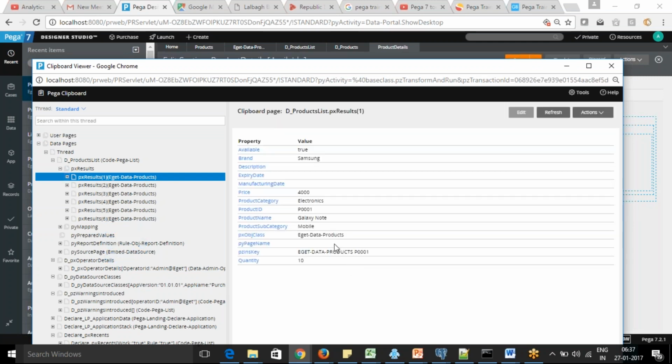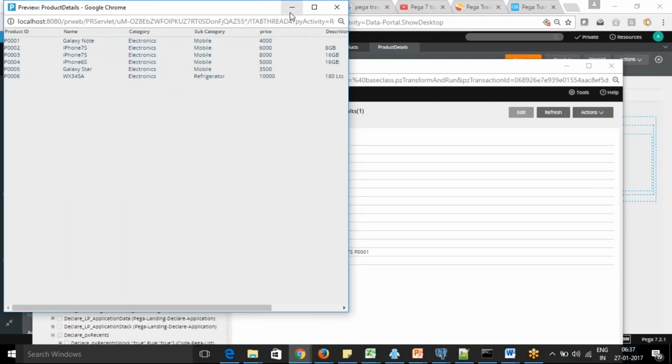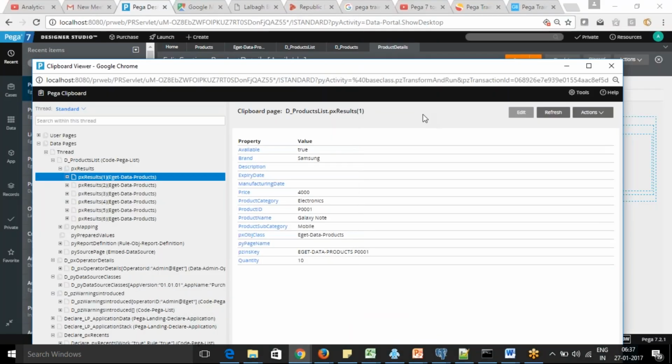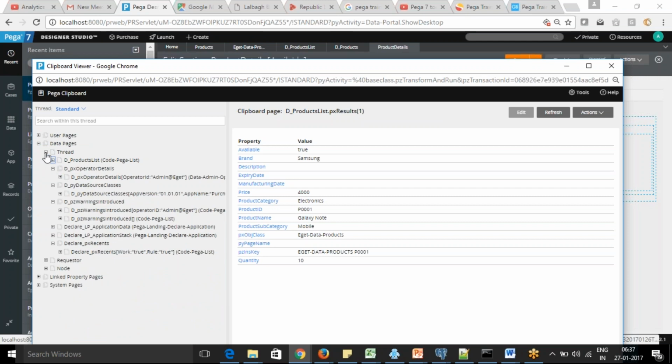Okay, sure. Just check it. So you are saying we did not require any access group at thread level, but it is required at node level, right? Yes, that's right. So can you once again explain what thread and node level are, and why it is not required to mention that access?